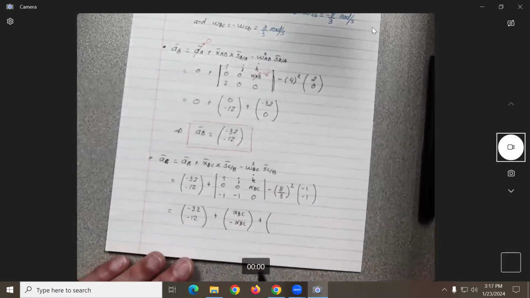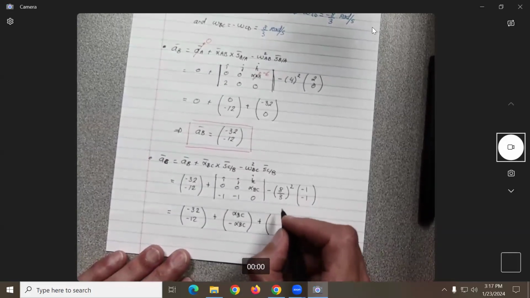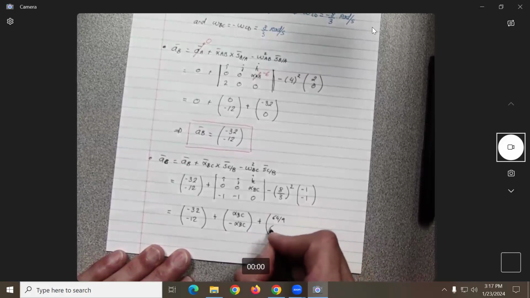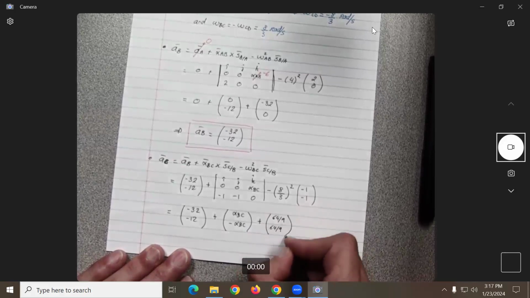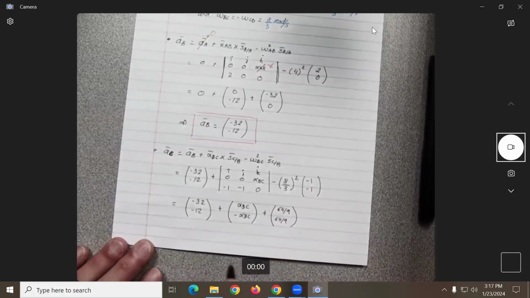Can somebody do this value here? 64. Okay, so 64 divided by 9, no? 64. Let's keep it that way. And 64 divided by 9. Okay, so I have here some values. So if you do the math,